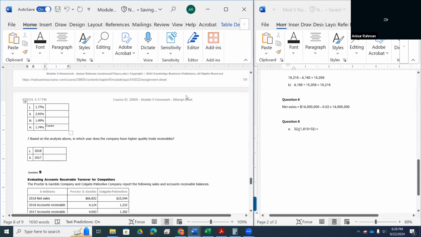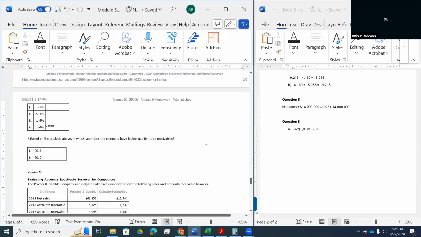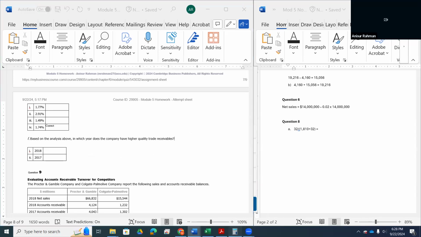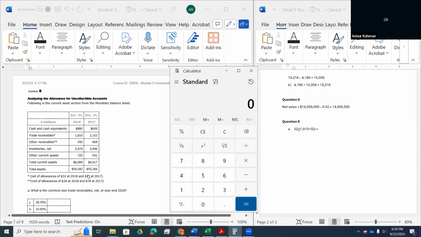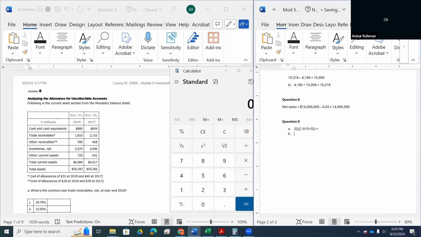Now F. Based on the analysis above, in which year does the company have higher quality trade receivables? Now, what is higher quality trade receivables? If a company thinks it will collect higher percentage, or it has a lower percentage of trade receivables as uncollectible, then it has a higher quality. So we already calculated for 2018, it is 1.74. So for 2017, it will be